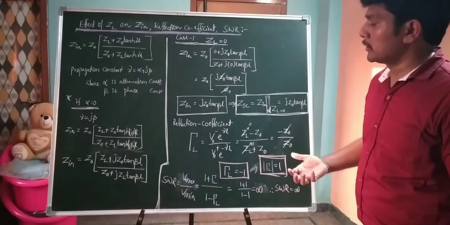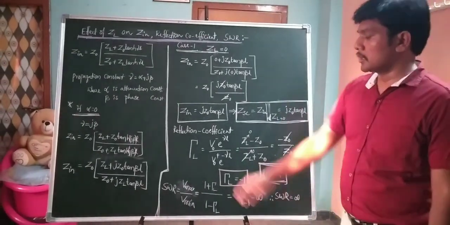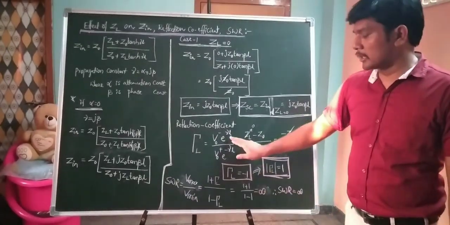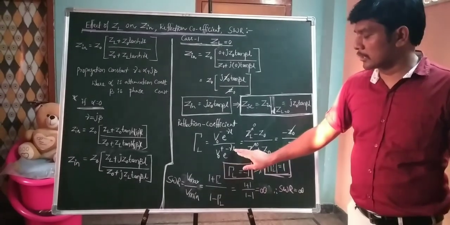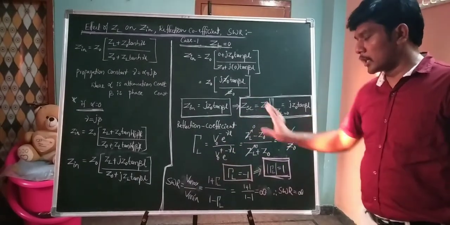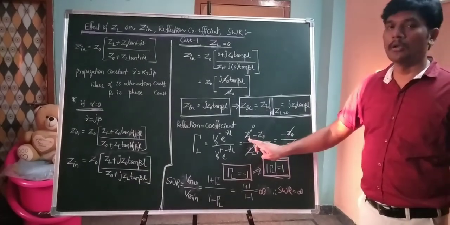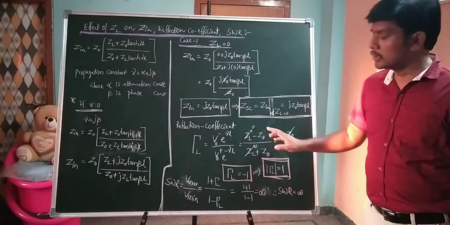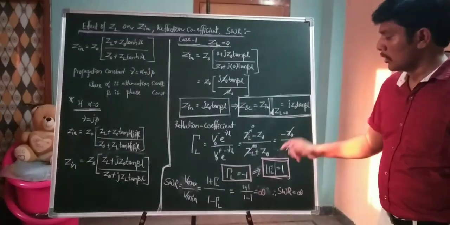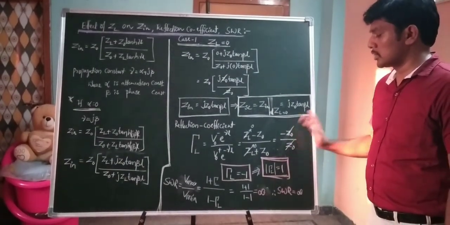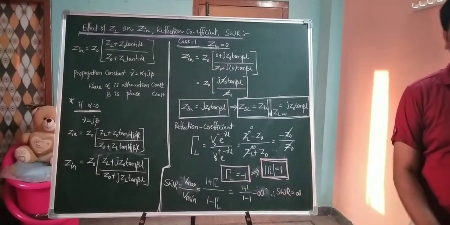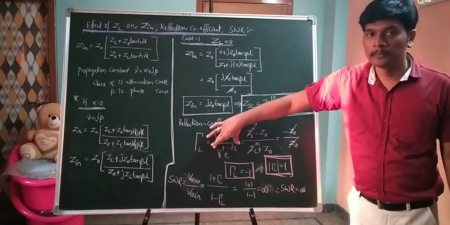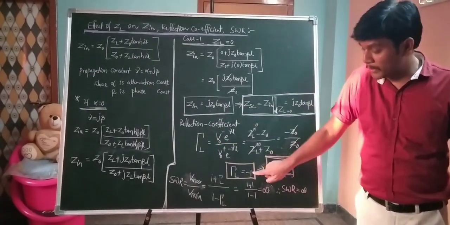Next, what is the other parameter which depends on the load? That is the reflection coefficient. By definition, the reflection coefficient is equal to the reflecting signal divided by the incident signal at z equal to L. From this, we derive the expression: ZL minus Z0 divided by ZL plus Z0. In this expression, if you substitute ZL as 0, we get minus Z0 divided by Z0, Z0 gets cancelled, and we have minus 1.